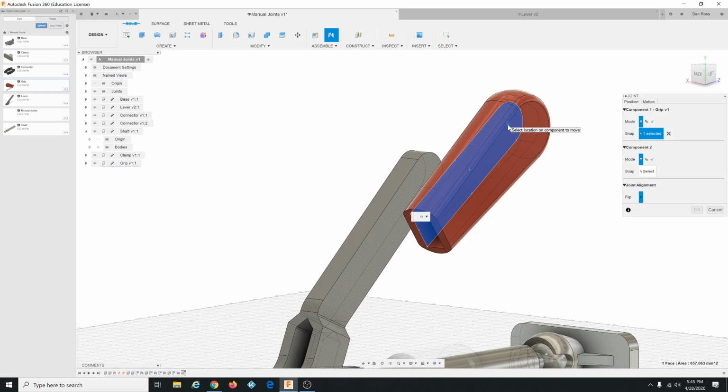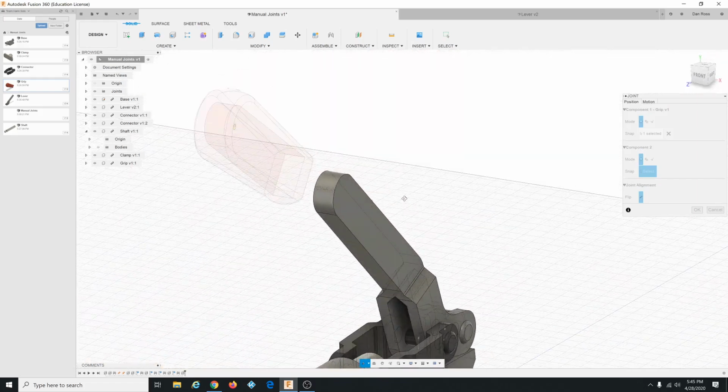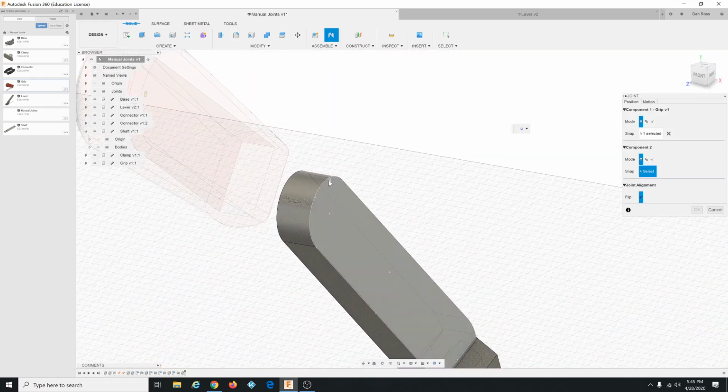So basically you have to click the surface first, then that'll limit the selection to a point on that surface. So it makes it easier to narrow down to the point that you want. So first you click the surface, then you get in here and click this point. Okay, now for component 2, snap select, you got to turn this guy around, and